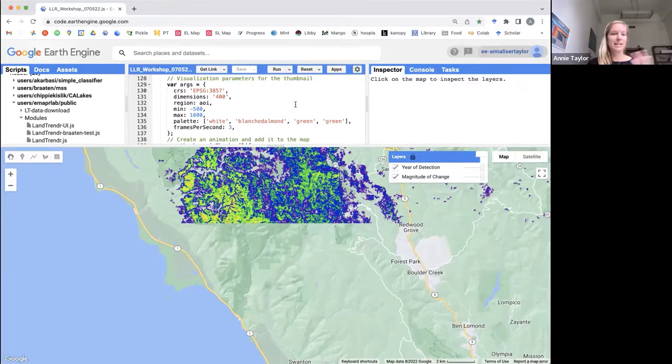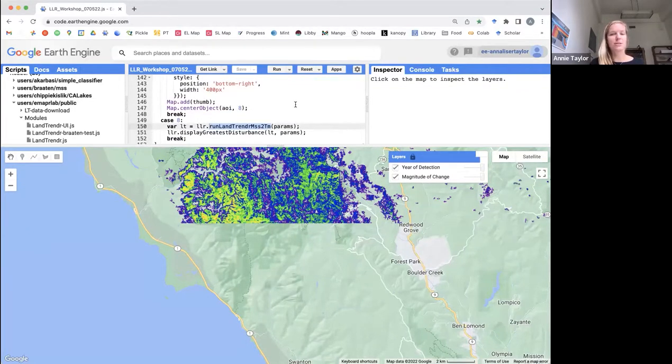So like I said, lots of outputs from LandTrendr. We're showing you one of them, which is the magnitude and year of the greatest disturbance during that 50-year time series. So this is a super cool visual of, across the 50 years, what's the biggest disturbance in my area? Was it that 2020 fire? Was it something else? And then I'll show you this is the magnitude of change that's currently populating the map here,